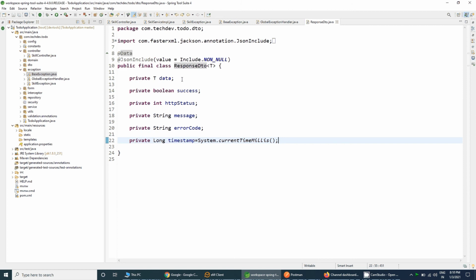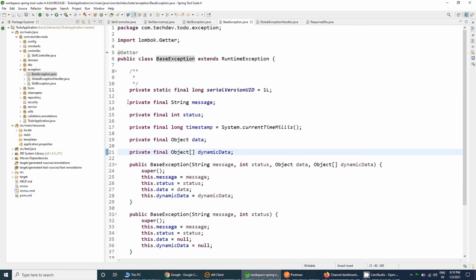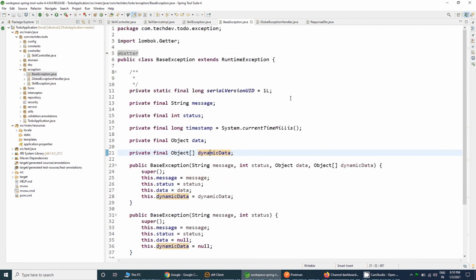You can see that we have the message, final status, and the timestamp, the data of type object, and the dynamic data. So we have created the constructor here.